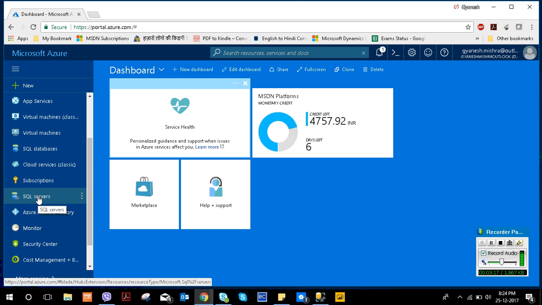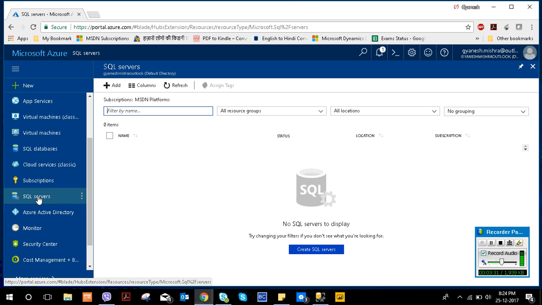I'm going to create one SQL server first, a server that will help me store the data, and I'm going to use that data for my program development, project development, or Power BI report development. So I click on the SQL servers. Right now I don't have any server over here, so I need to add one. I will click on create SQL servers.